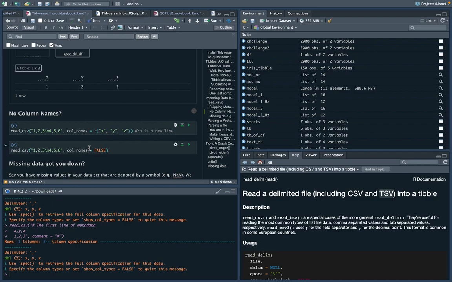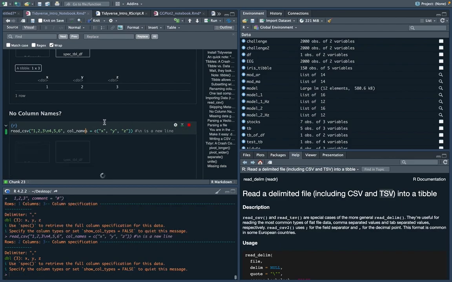So let's say that we have a CSV where there's no column names and there's 2 rows, 1, 2, 3, and then in the second row, 4, 5, 6, and there's 3 columns, but we want to add those column names. We can just use our normal function, have a comma, and then have this new input, col_names, and then specify the actual names here. And so you'll recognize from the intro video that this is just the concatenate argument. So c, open parenthesis, and then you list the actual values. It's going to combine all those into one vector, and then it's going to apply that vector to the data